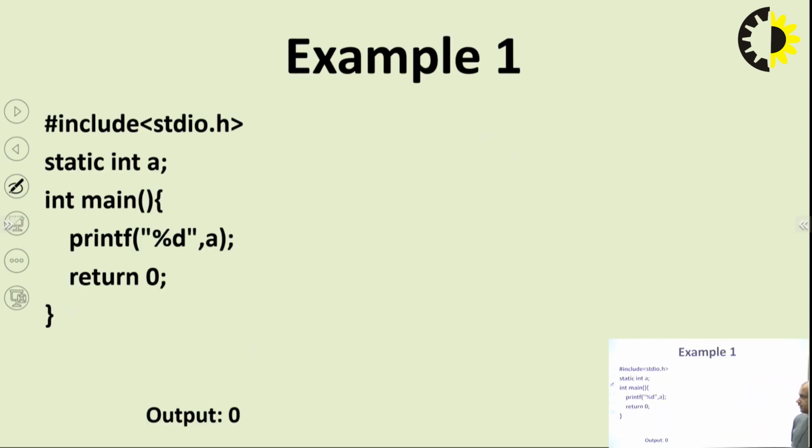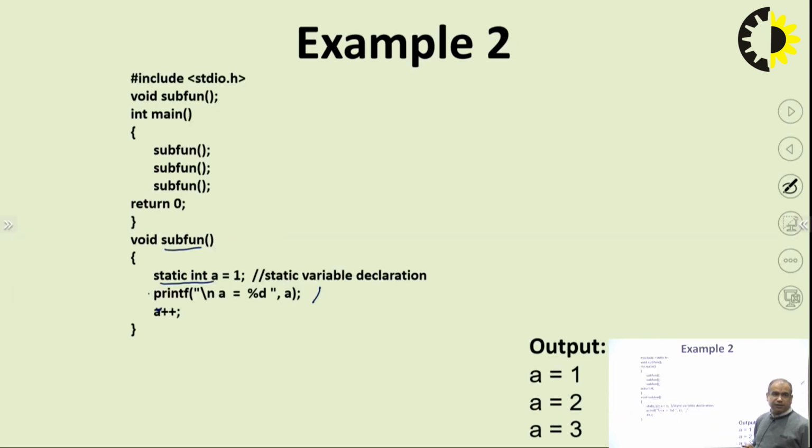So, see this example, we can define a variable with the static keyword, static integer a. What will we get? We will get the default value. The default value will be 0. In this example,